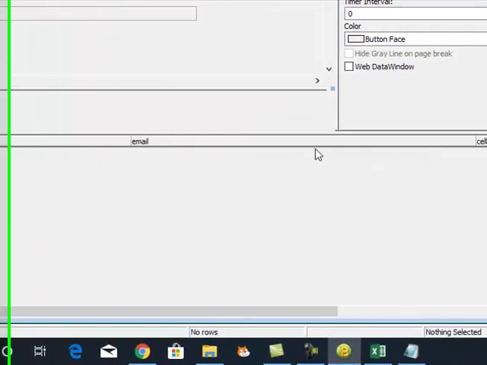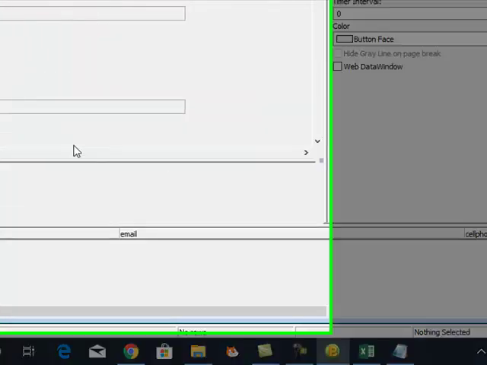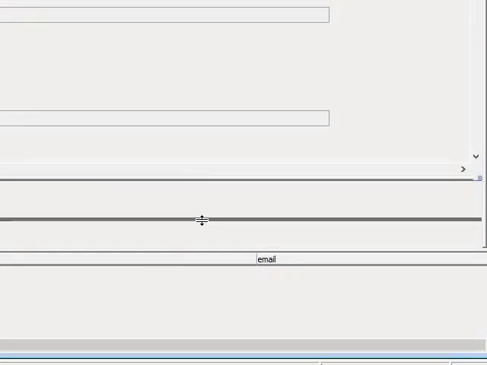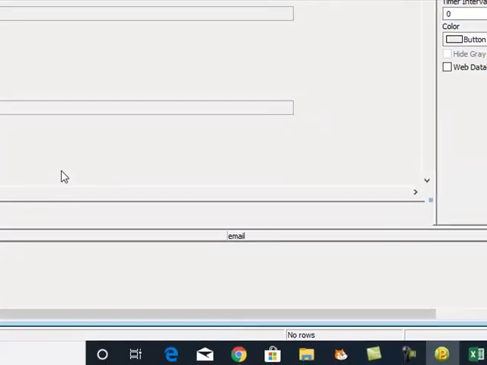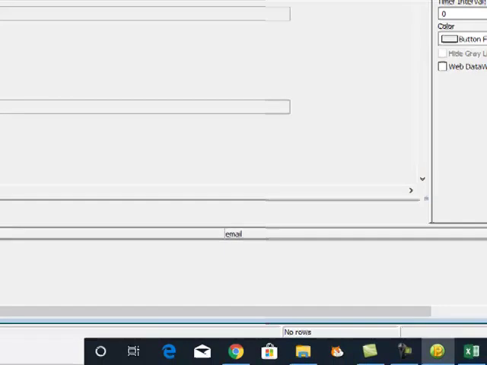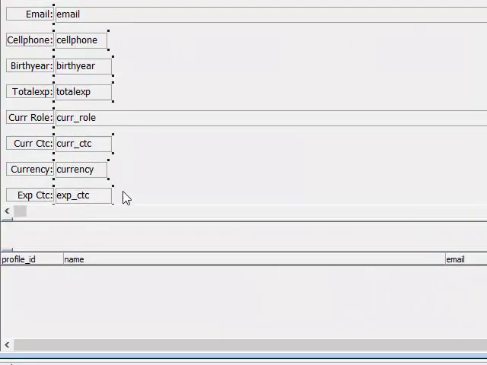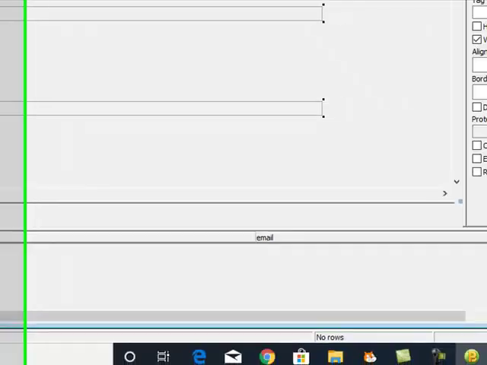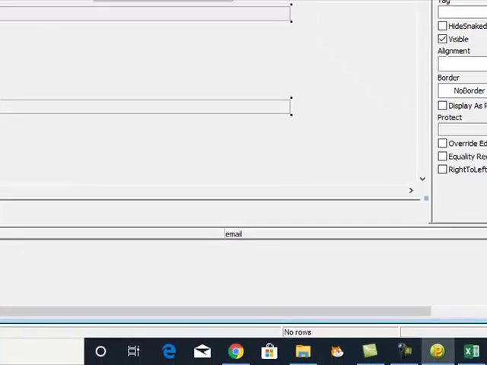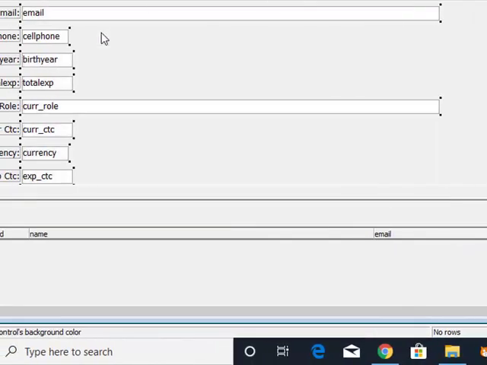And then change this one now black. Change the background color. Okay, very good. Now you can just